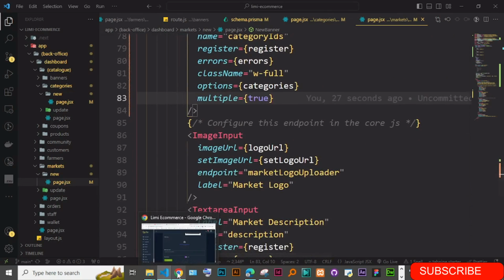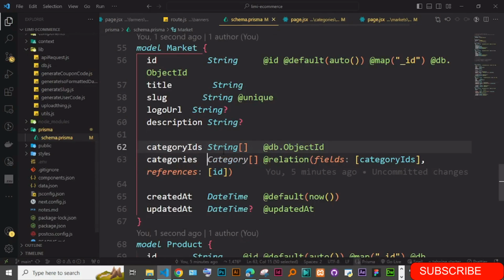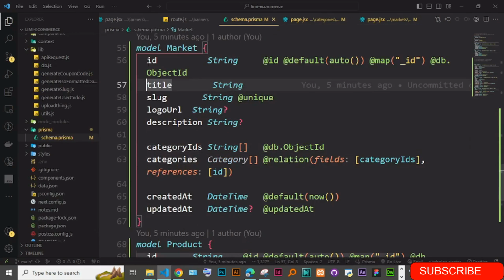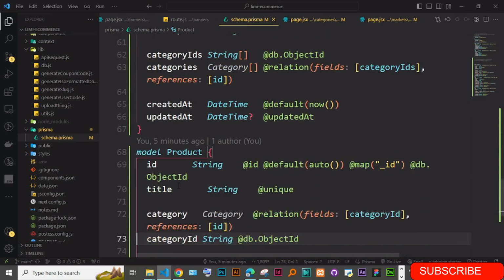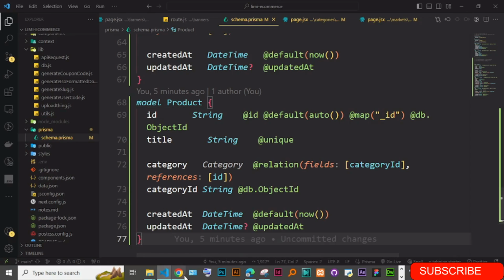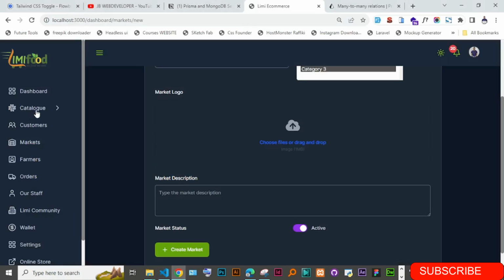Okay, I'm just going to go one more time to this schema. Okay, we have these in the market. We have a title, slug, logo, description, and we have these category IDs. We have the categories, and then we have these ones. Then just work on the product very fast. So if we just go to the product,